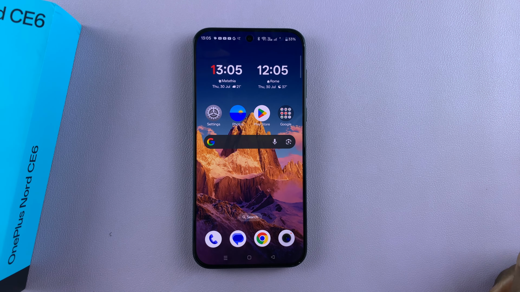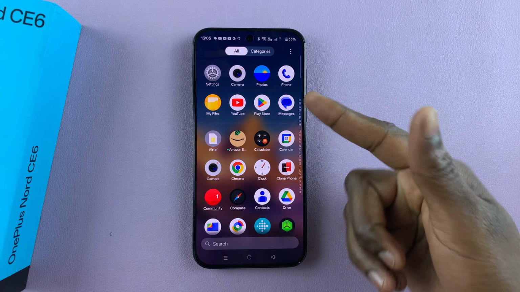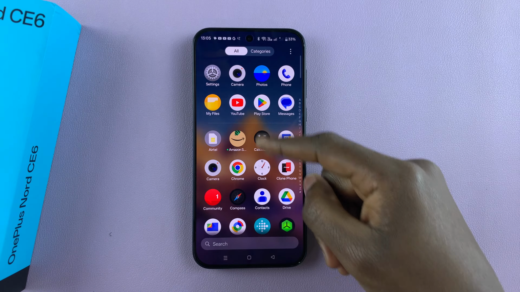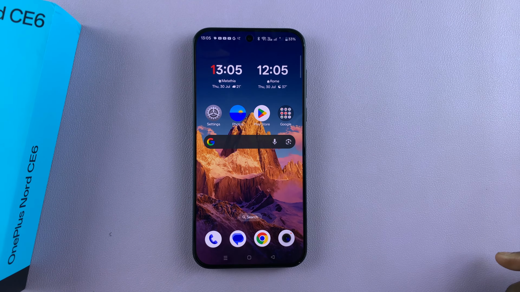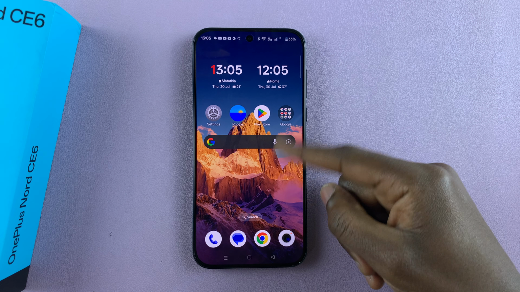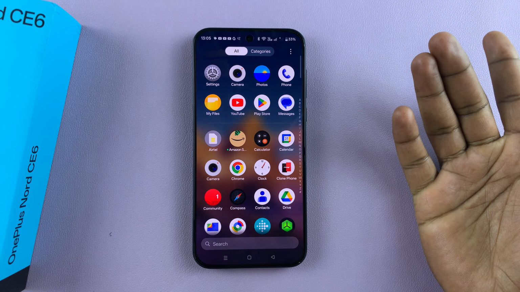So today I'll show you how to enable or disable the app drawer on your OnePlus Nord CE6. Now the app drawer is this one where you swipe up from the home screen to reveal all your apps. Now to change that, all you have to do is go into settings, and then under settings you want to